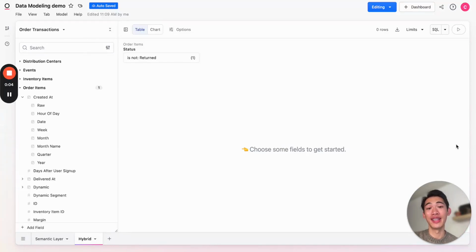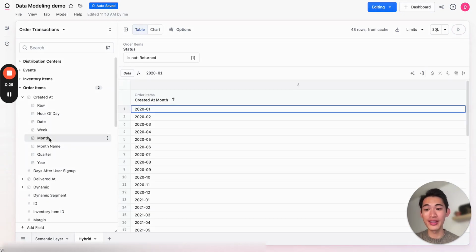I'd love to show you how to take a hybrid approach to data modeling with Omni and dbt. So let's say you're a data analyst and you're looking to build a monthly sales overview table for your finance team. You're not sure exactly what it should have yet, so you want to start by exploring the data a little bit first. You might start by going to your order items table and grabbing the month that every order